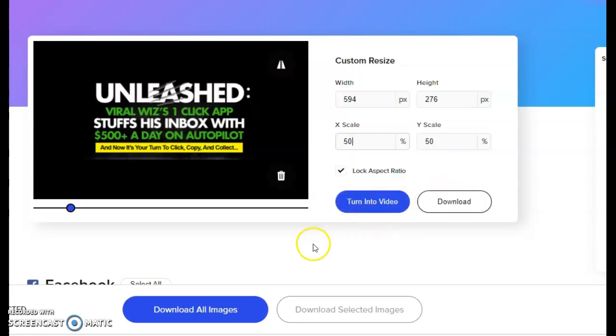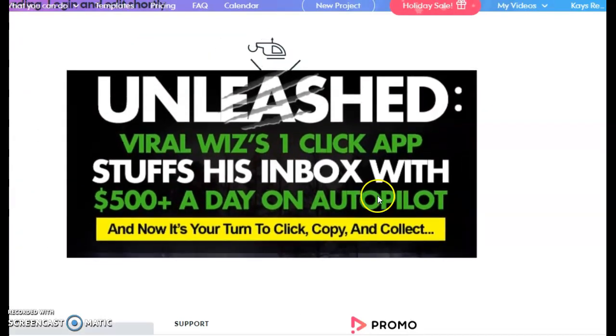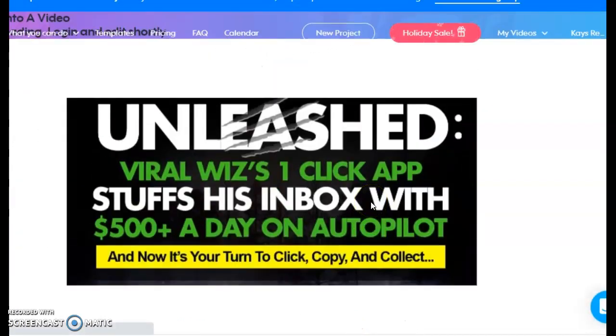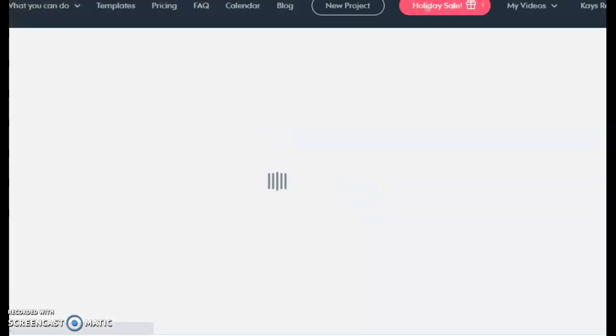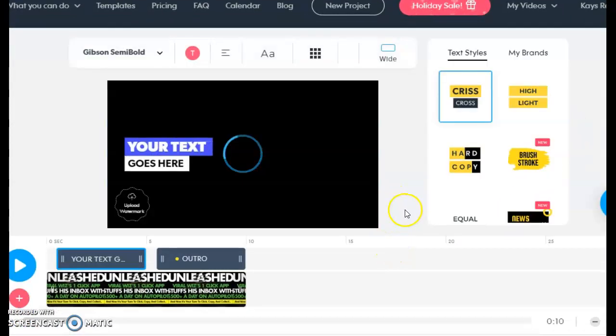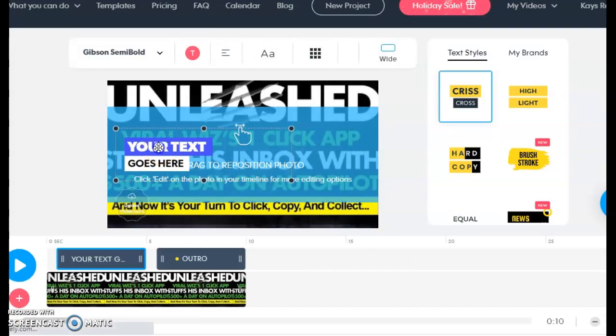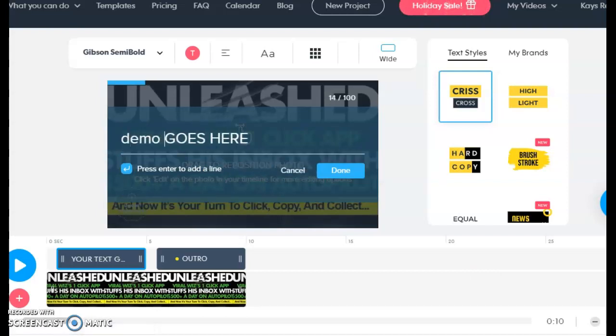So just like I downloaded the other one, this one I'm just going to turn it into a video so you can see what it does. When you hit turn it into a video, it gets you to another portal where you're able to actually turn something into a video. And whatever photo you uploaded turns into a video that you could actually put some info on. So I could put a text here. Say we said demo, and let's delete that so you know that I put that there. We're going to hit done,